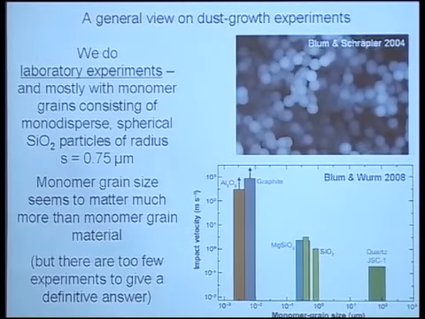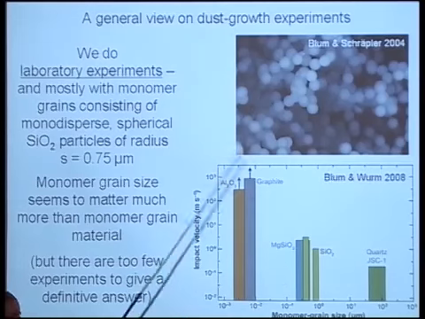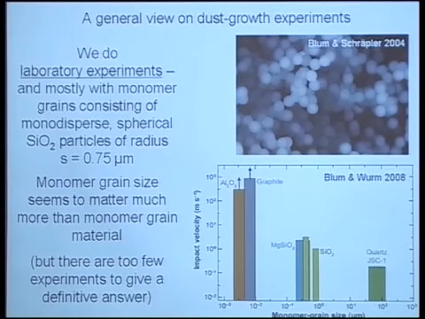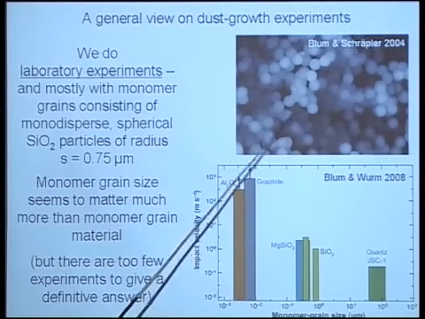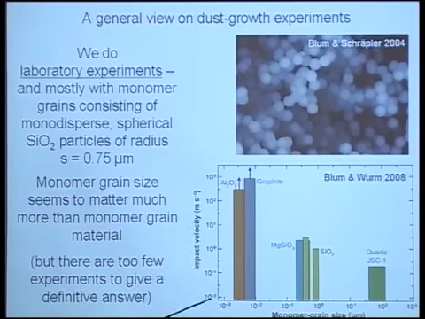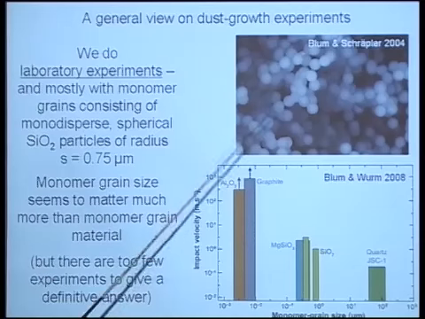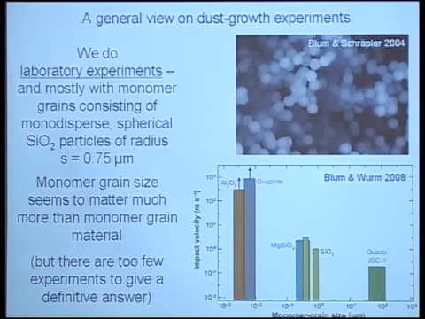We do experiments in the lab and sometimes under microgravity conditions, but a warning, we do experiments mostly with one particle type. This is silicon dioxide, SiO2, amorphous. It actually does not matter too much what material it is, unless it's ice maybe, but we mostly use monodispersed spherical particles of a radius of 0.75 microns. So these are micron-sized spherical monodispersed grains. You see an electron micrograph picture here. I believe that all the results I will be talking about do depend on the grain size, maybe on the grain shape, maybe on the grain size distribution, but not so much on the material.